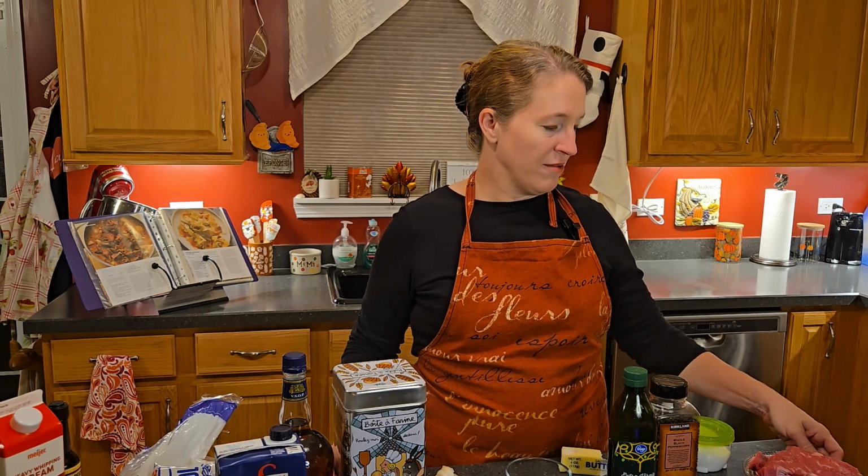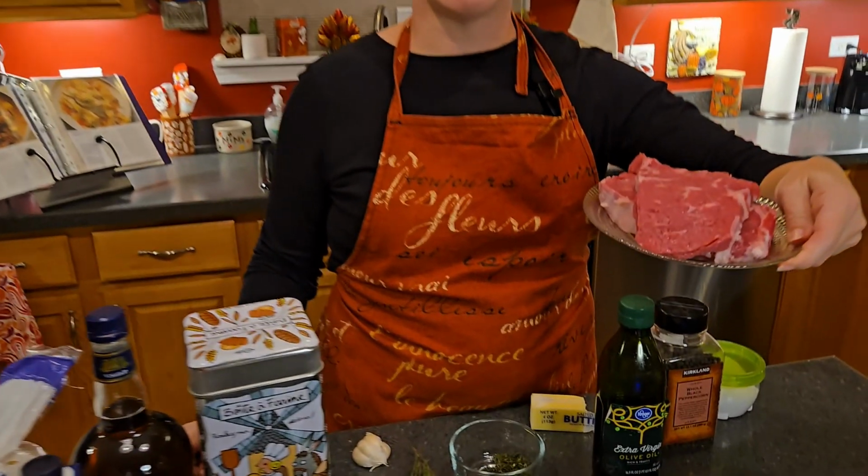So I'm going to be trying a recipe tonight that I haven't tried before. This is going to be for steak au poivre soup. So we're going to see how this is. This is from delish.com, so I'll modify it slightly, but anyway, you will need the following ingredients to make this